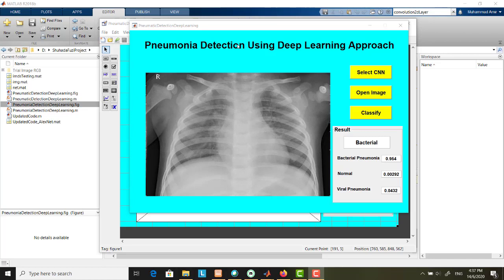But of course, by using the same concept, you can also implement the CNN for this kind of application, where you want to detect pneumonia based on a chest X-ray image. I think this data set is quite popular. Chest X-ray images to detect pneumonia is an existing data set on the Kaggle website,